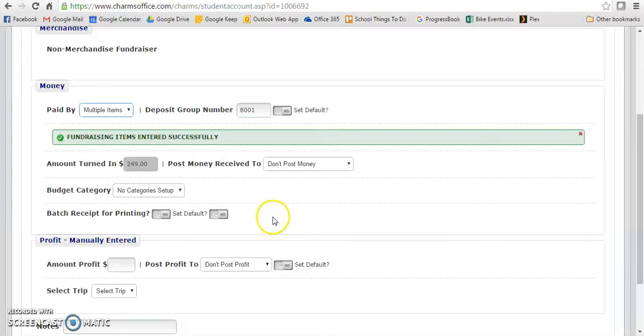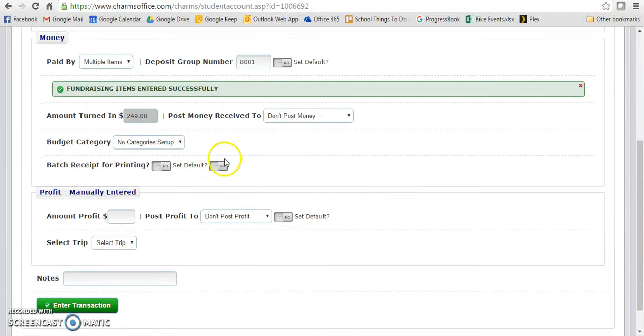You should see a confirmation that looks like the one on the screen. Check the following information before continuing on. Make sure you have entered the correct deposit number. Ensure that the amount turned in equals what the student order form says. Make sure you have selected CMS Band Activity Account